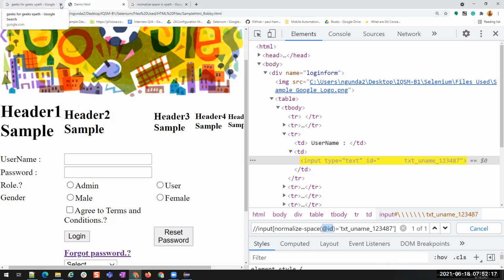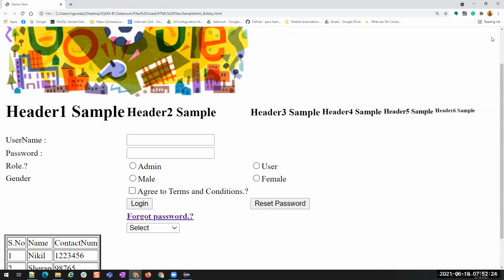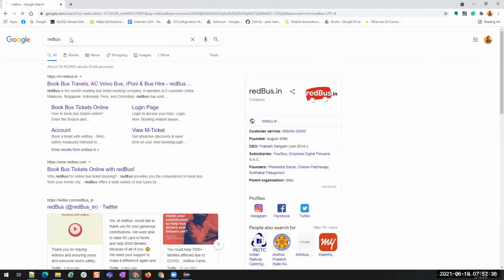All right. So these are all the things that we should know about XPath. Now one more small theoretical part, then we will write some programs using XPath. Now, Redbus. I'll go to Redbus. You know Redbus, right?